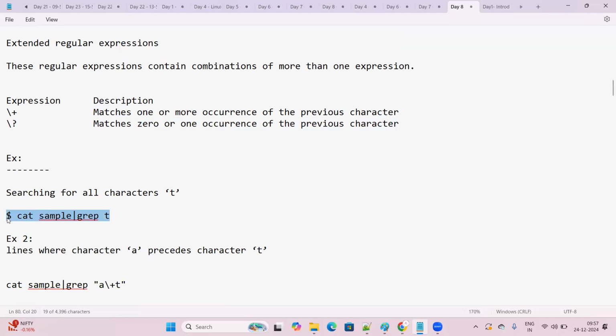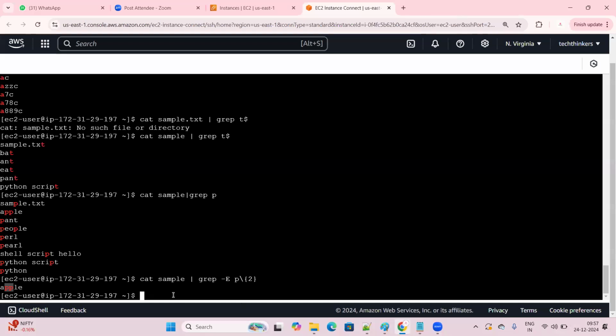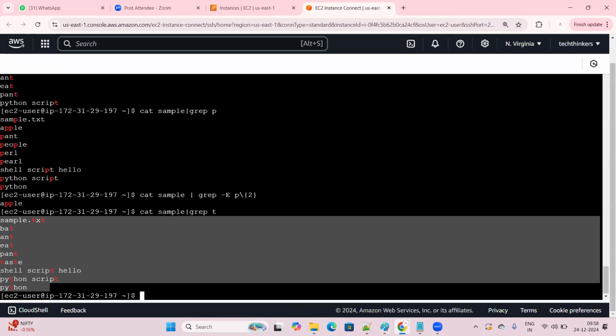Right? So wherever we have T, it will print all the lines. In the same way, now let me show you grep T. It is printing all the lines where the T is available, right? In the same way,